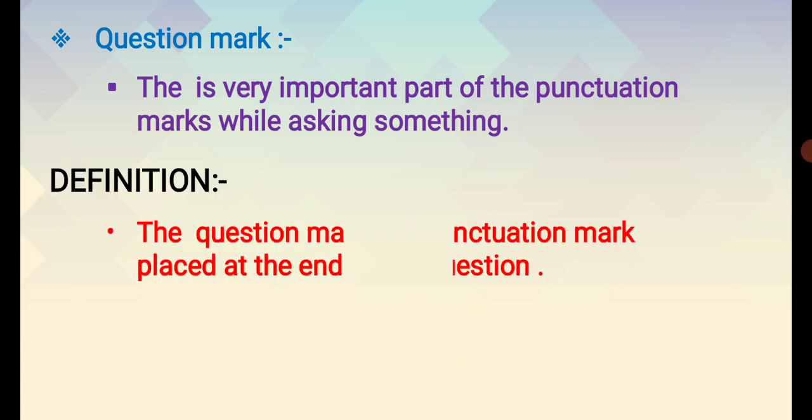So let's see the definition. The question mark is a punctuation mark placed at the end of a question. So where do we put the question mark? At the end of the question. If it is a simple sentence, we use a full stop, and if we are asking something to someone, we use a question mark for our question, to show that we are asking something to someone, right? For example,